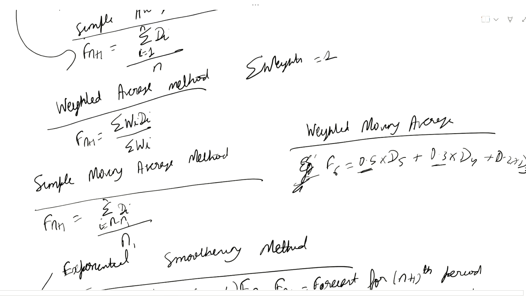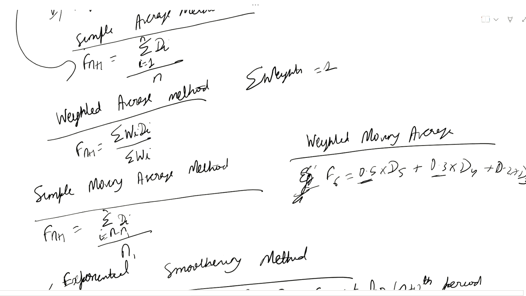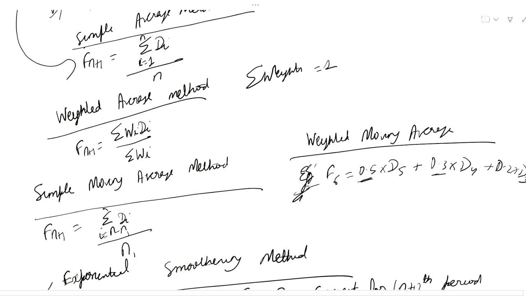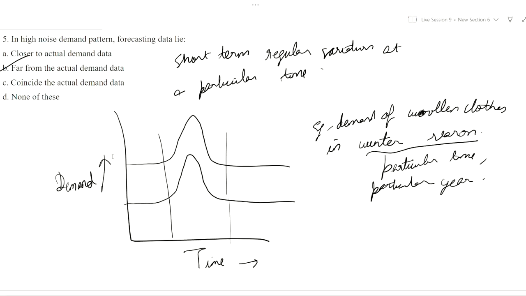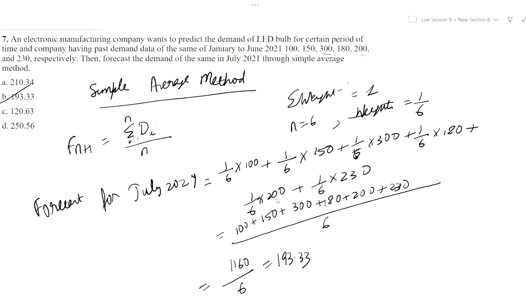Here we have a smoothing constant alpha. In the weighted moving average method the weight is not constant, while in the simple moving average method the weight is constant. Next, we discussed some more concepts on forecasting, and this question on the simple average method,